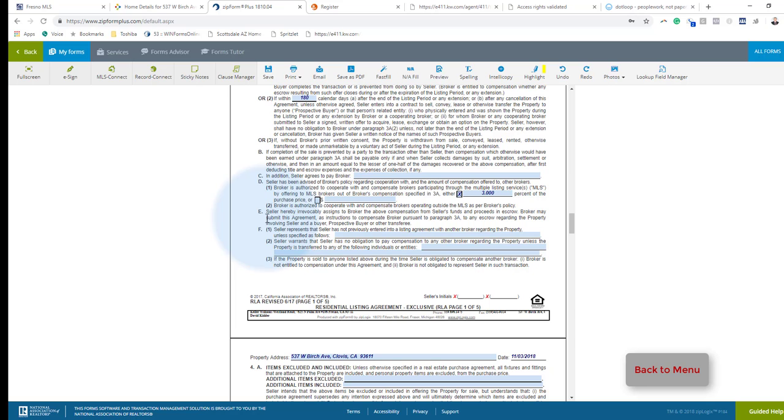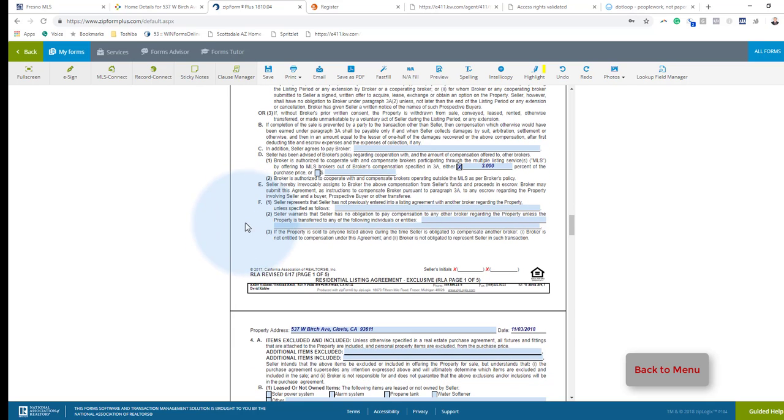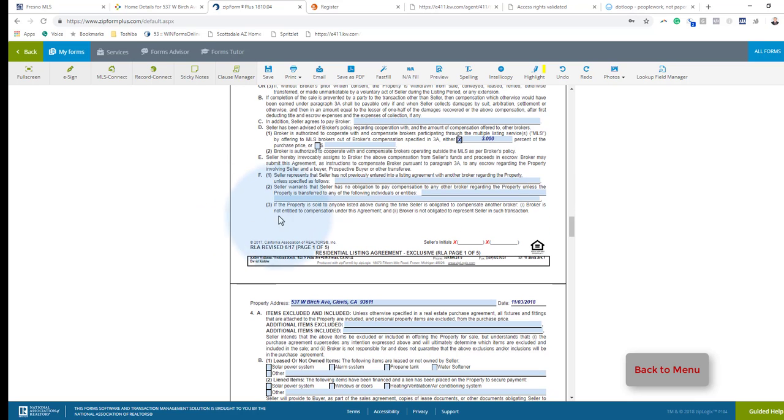So, as we finish up the first page, we want to make sure that they don't have any other listing with any other broker at the time, and that they have the right to sell the house. And this shows if there's any other obligations. As we move on to page 2,